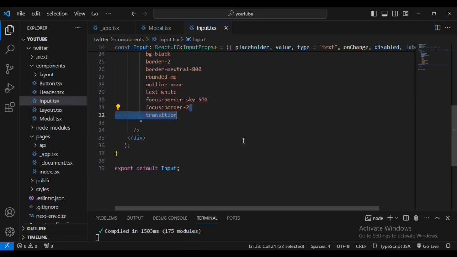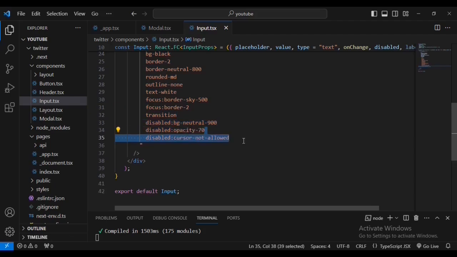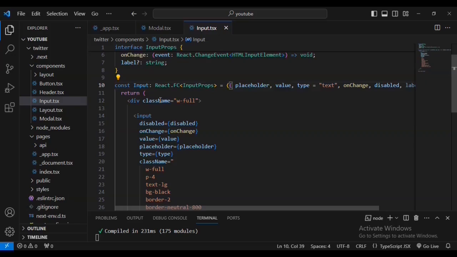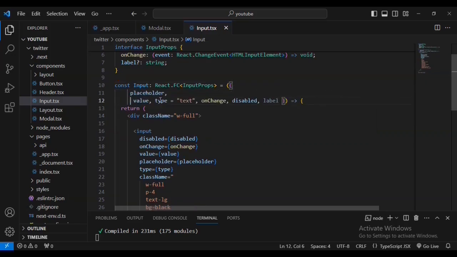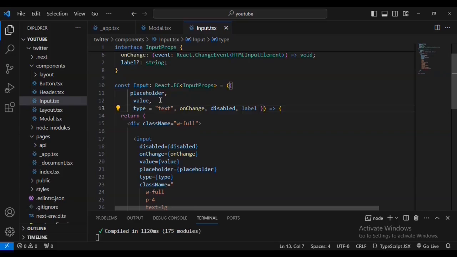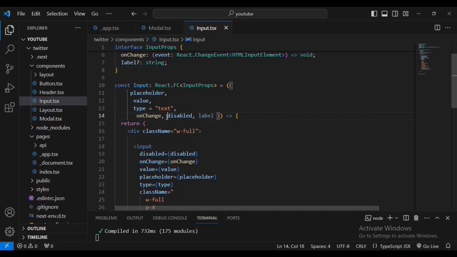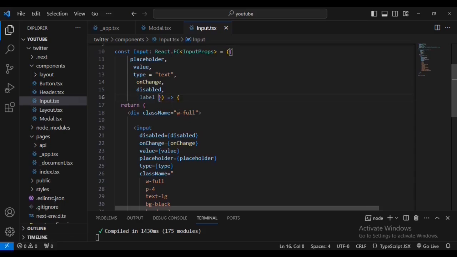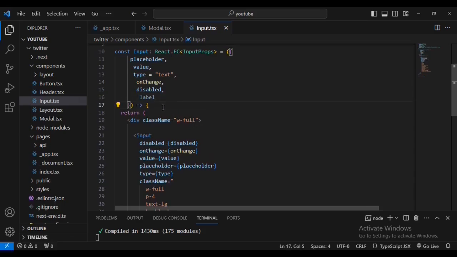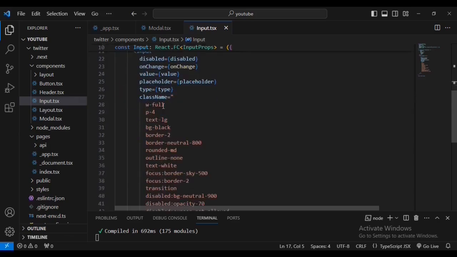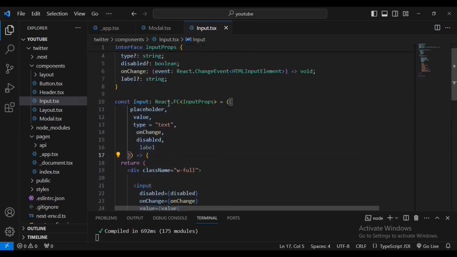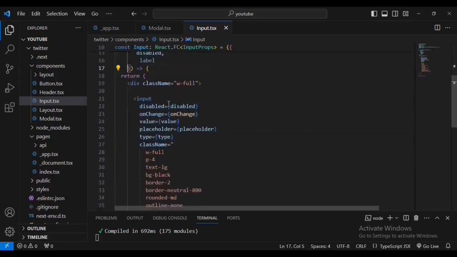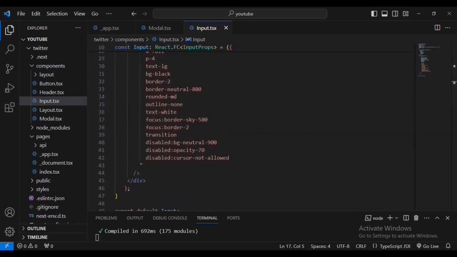So this is how I've styled this input. It's an input component, you can call it. Then let's say if disabled, opacity, cursor, and background neutral. So if I do this, you can see now the input is okay. Let me just put in some spacing so that you are able to see clearly the extracted props. These are the props that we extracted. Yeah, you can now see. Okay, if we go down below the page,